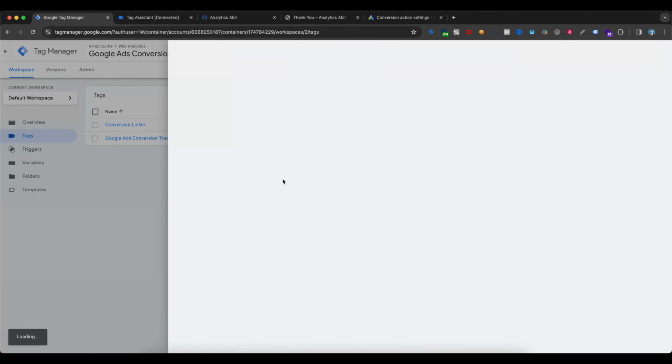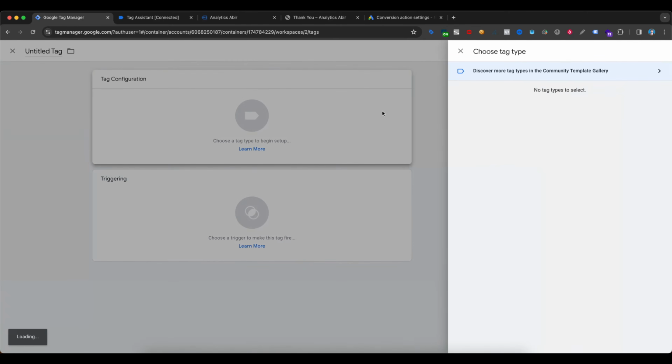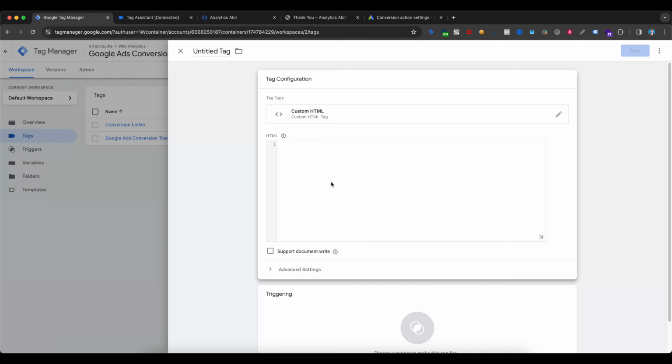I copy this JSpath query selector from the name field and go to Tag Manager. You have to create a custom tag. I select the tag configuration, custom HTML, and write a script. This is the opening script tag, and here is the closing script tag. Now write var name equal, and paste your copied JSpath